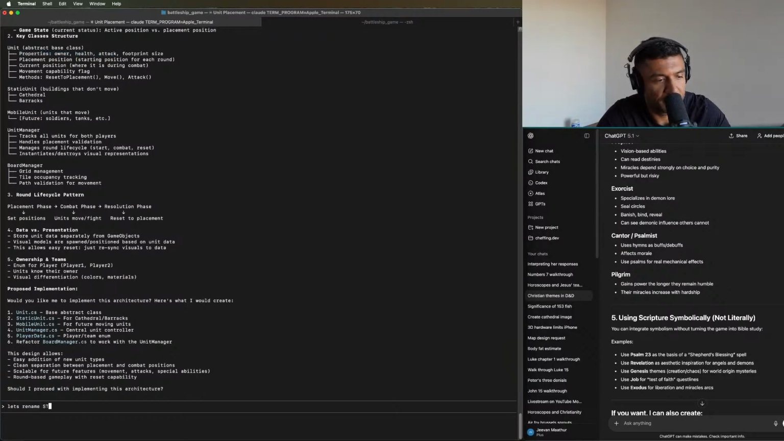Let's rename static unit to... I don't know that static unit versus mobile unit is helpful. Yeah. Let's rename static unit to building unit. Additionally, the base class only needs to include an owner,